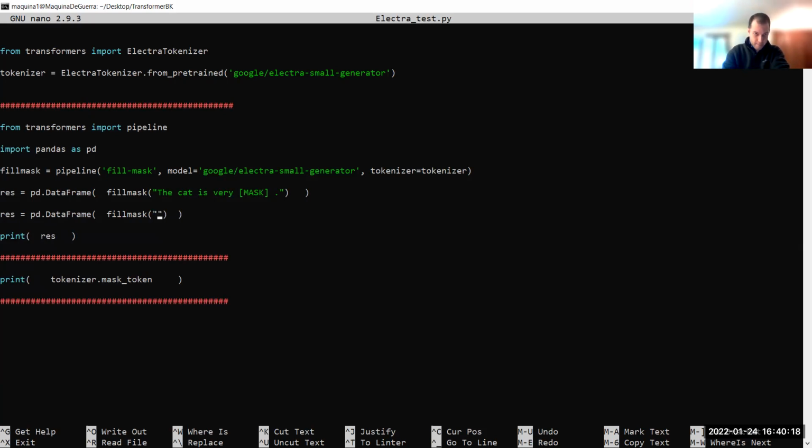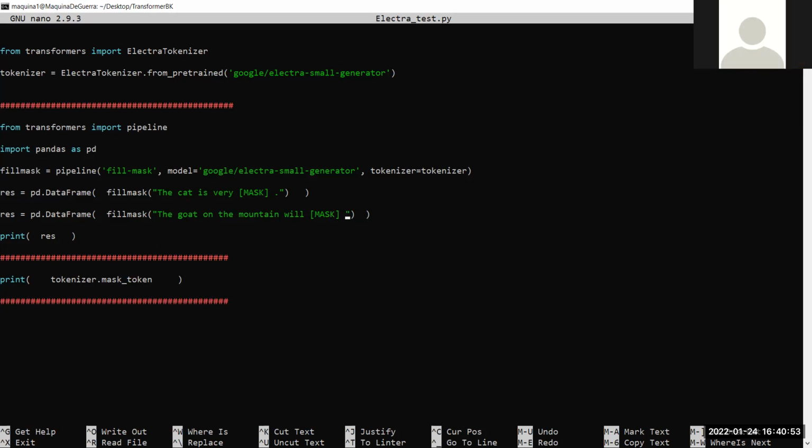So let's just say, a goat on the mountain will, and let's just say mask. Let's see what it does. See that? Then it should fill that in, hopefully, right? So the goat on the mountain will, what would you guys say it should say? Before we run it, what would you say?